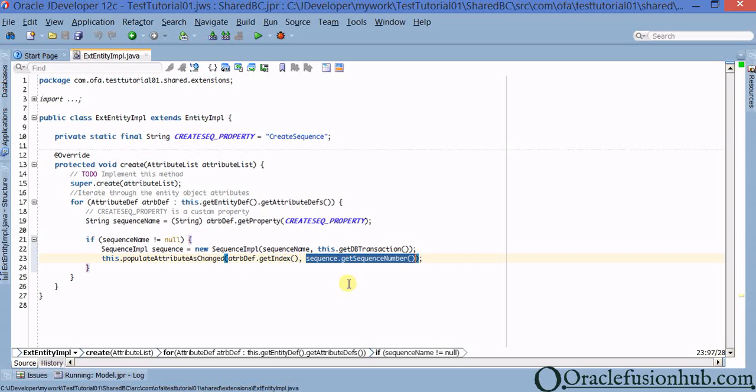Get sequence number is nothing but select the sequence name dot nextval from dual or something. So that's what I'm going to do, and this is the attribute get index. The next thing that I'm going to do is populate attribute has changed. And if you look at Oracle documentation, you will come to know why this populate attribute has changed will